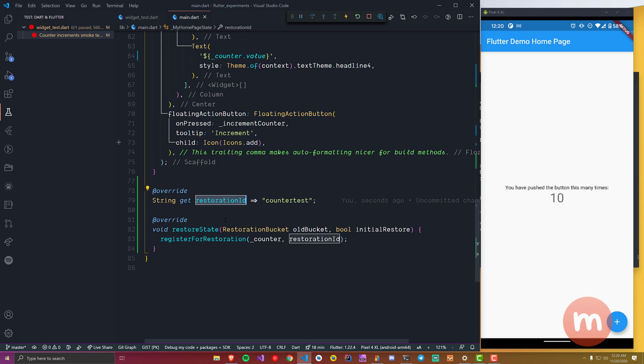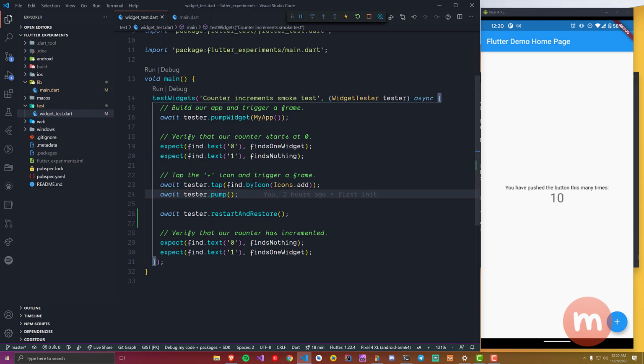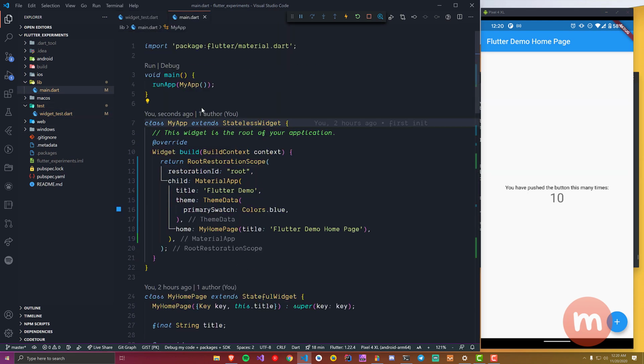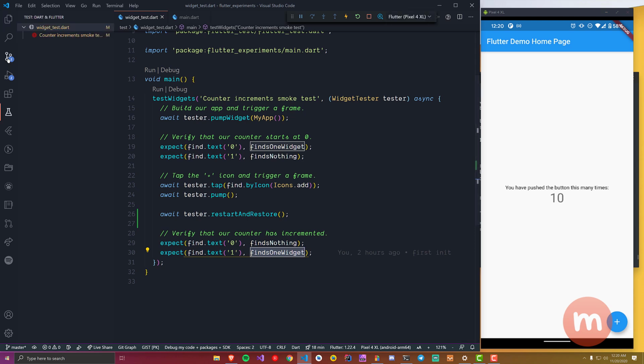And that's where now our second thing comes into the picture, that is our widget test. Okay, so in my app initially, if you have seen, we didn't have this root restoration scope, right? So that's why this was crashing. Now let's run this again. Okay, and 0 means find nothing, and 1 means find one widget, which should fail, right, technically. So if you see now, this won't fail, because yeah, this is not failing. Why? Even after restarting and restoring, because